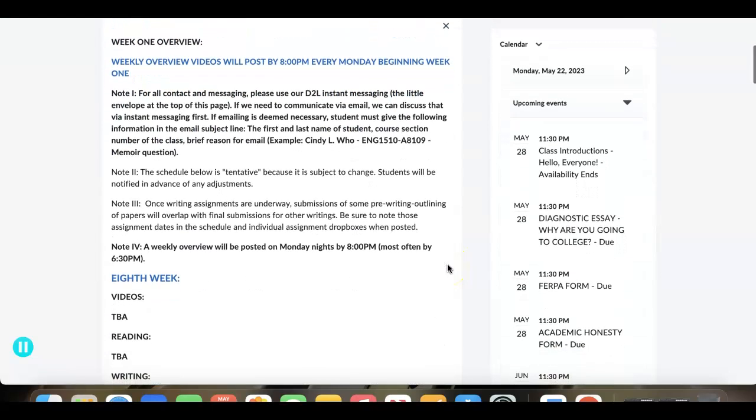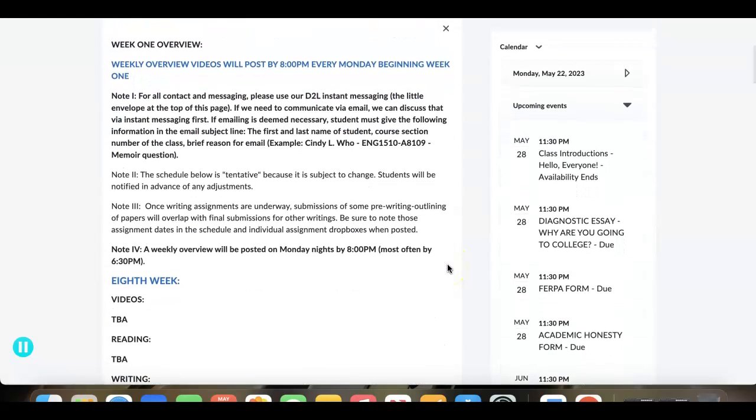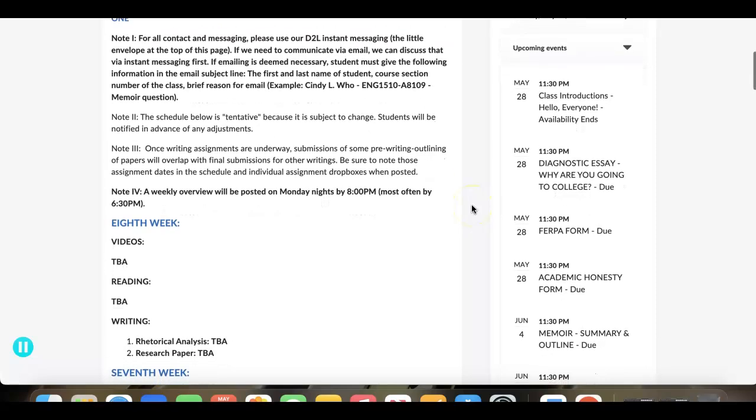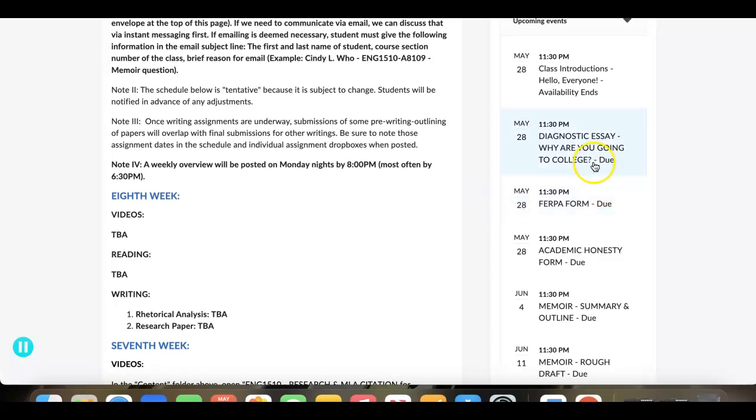So the points for those discussion board forums will always be based off of your posting of your own work plus reviewing or responding to someone else's. That'll be for this week's introduction and when we're reviewing for class postings of assignments. The other thing that we have here is the diagnostic essay,